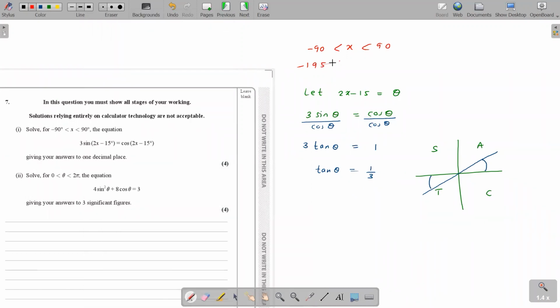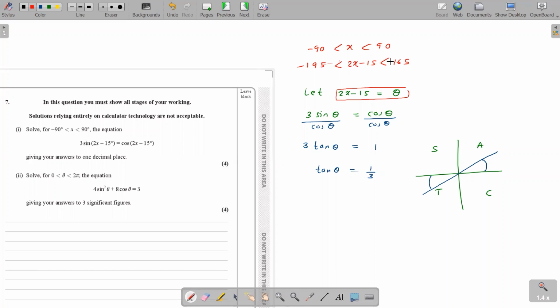Can you check on this quickly? And then this becomes 2x minus 15. The next one, 90 times 2. Multiply with 2 and subtract 15. What do we get? 90 times 2. I mean, you have to fix the range using this